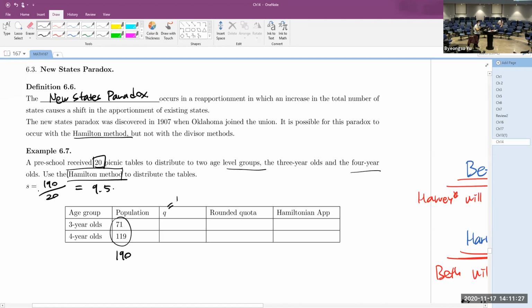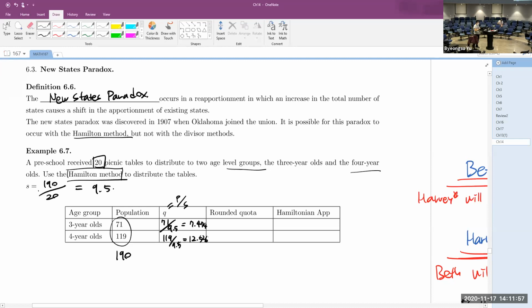And the quota is again the population divided by the standard divisor. So the first one is 71 over 9.5. It is almost 7.47, okay, write down. And the next one is 119 over 9.5, so it is almost